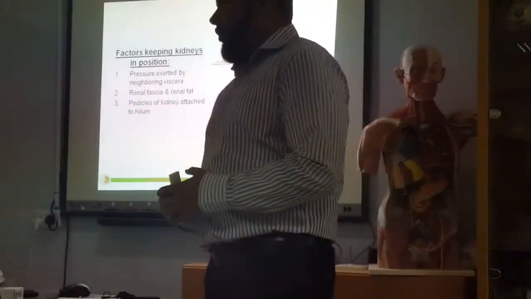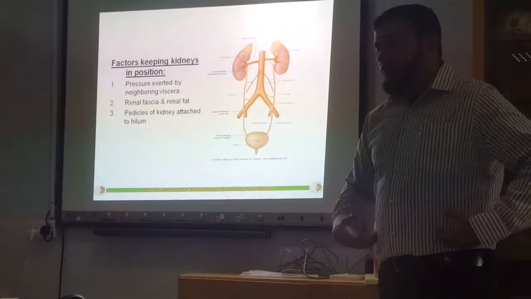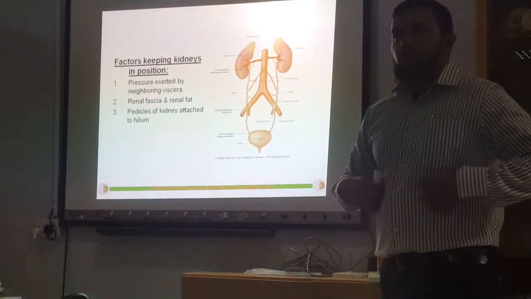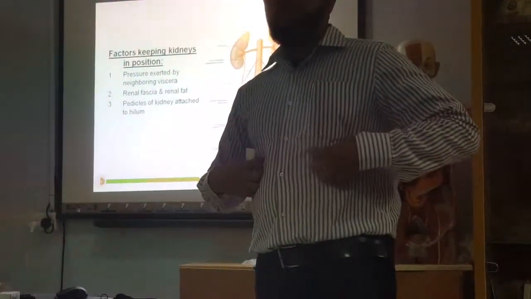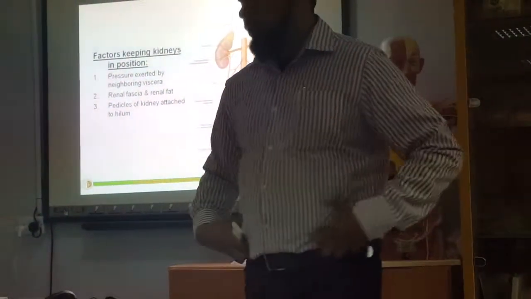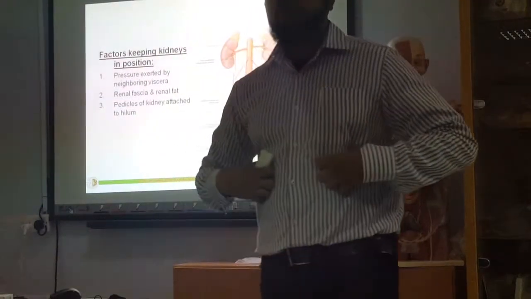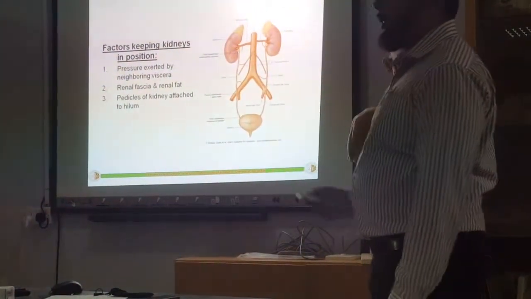Now, if you see here, the kidney is held in its position above. It has ascended upwards and it is actually in this position. Actually, it cannot be in this position. It has to fall down if there are no supports. So how is it held in this position? Okay, the factors which are keeping the kidney in its position: